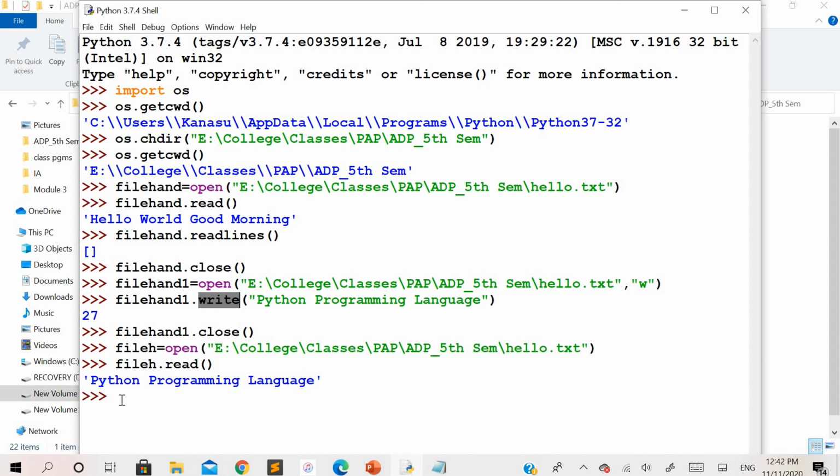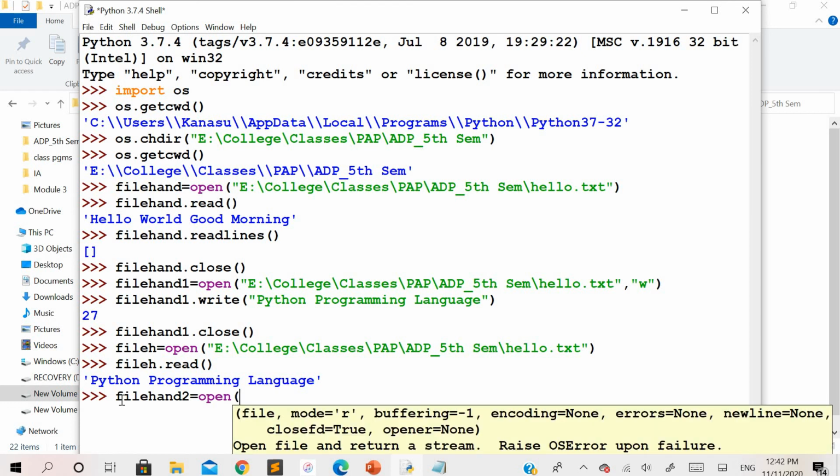Okay, so now let us open the same file once again, but I want to open it in append mode.